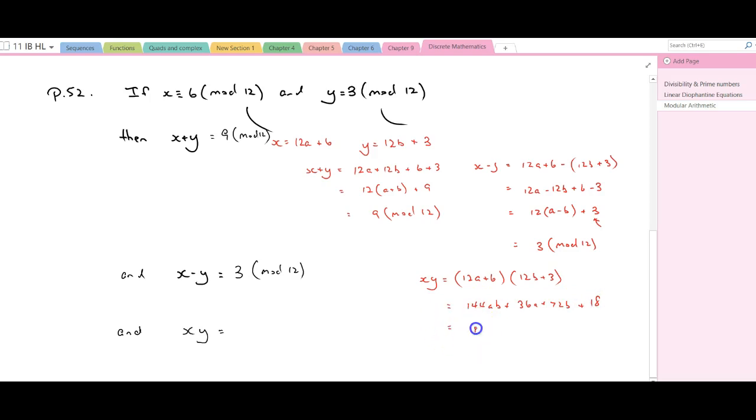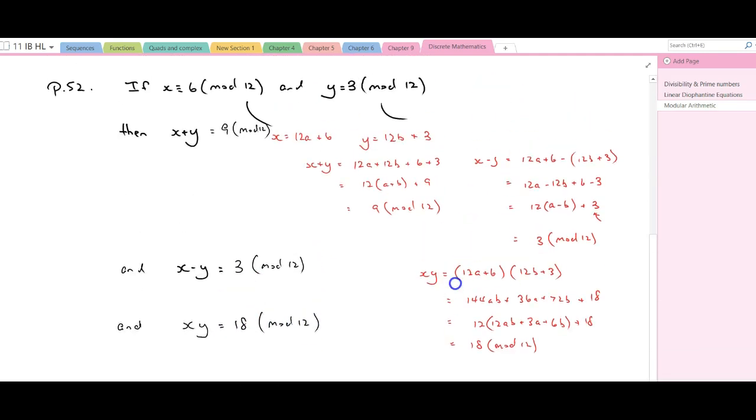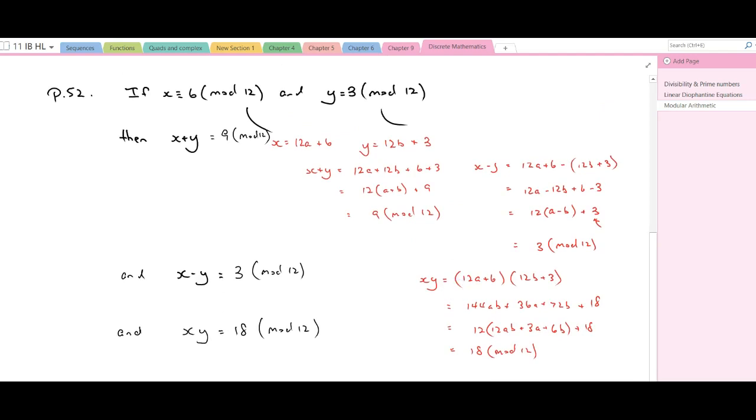So we can write this as 12 lots of 12ab plus 3a plus 6b plus 18. So it's actually equal to 18 mod 12. So yes, xy is equal to 18, or 6 times 3 mod 12. So that's all good. Now, what we need to caution ourselves here is we've looked at 3 of the